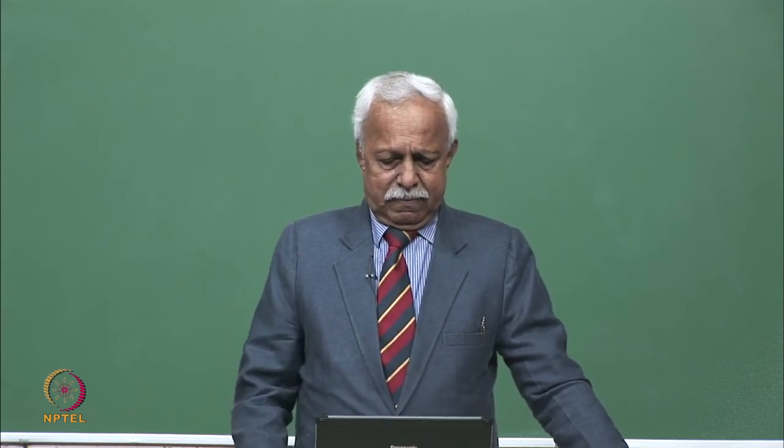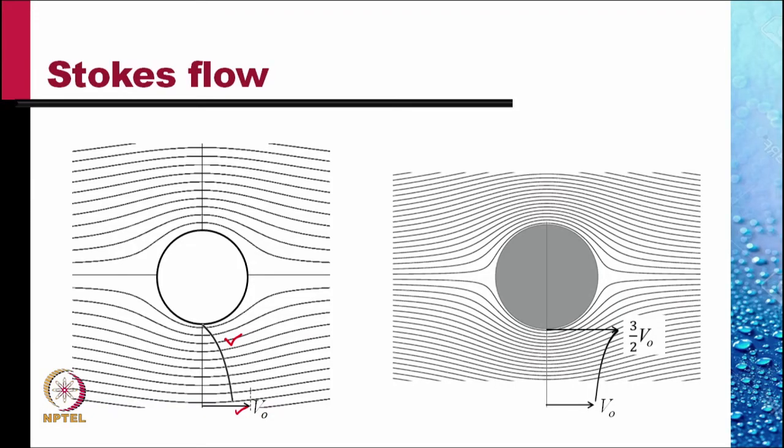We give here the flow about the same sphere in a high Reynolds number flow. In fact, in an infinite Reynolds number flow with no viscosity. Look at the velocity profile in this. It's quite different. Here, the velocity at the shoulder of the sphere is large, 3/2 V naught, compared to zero velocity in the Stokes law,